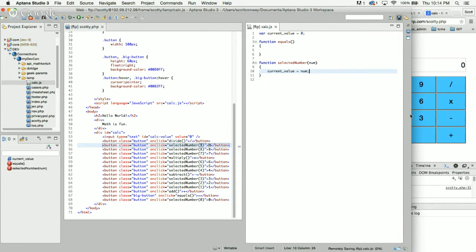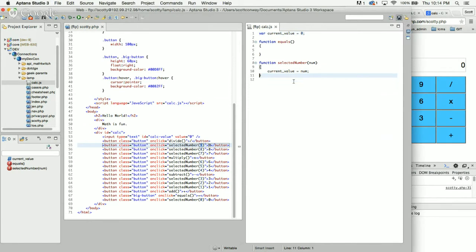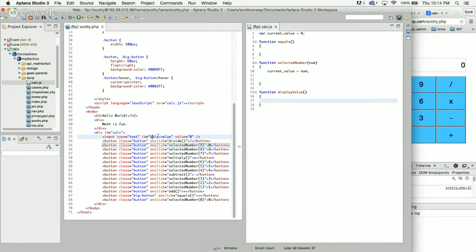So now if I click 7, the current value is going to be 7 instead of 0. And I'm going to make more of a display function. So display value. Whenever I call this, the goal will be that the value of this input that I made, calc value,